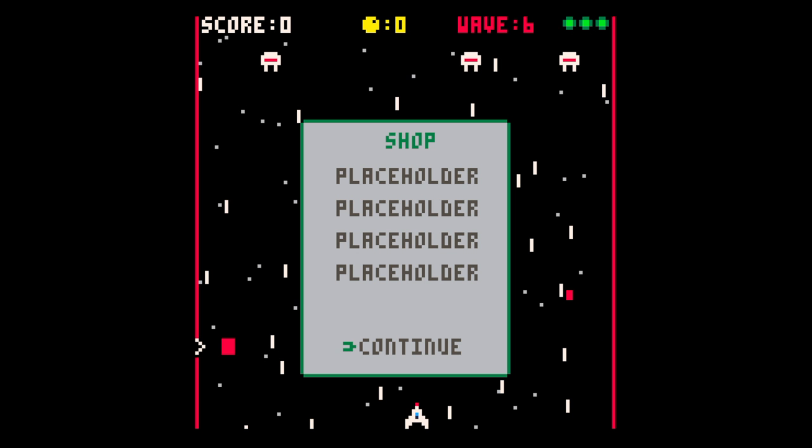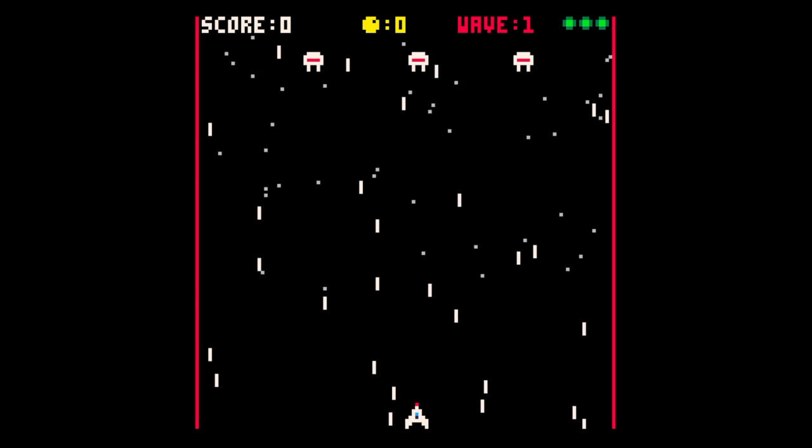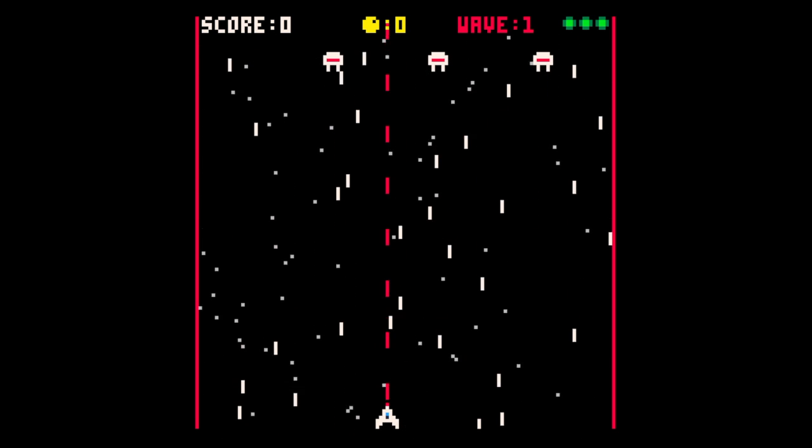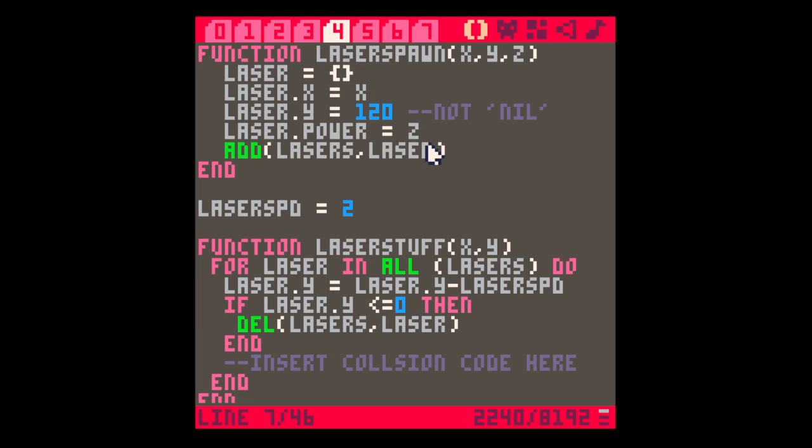If we start, I can show you that before I was only able to have 3 lasers on screen at once. Now I can have a lot more. Essentially, I was trying to limit the number of lasers that the player could have on screen at once. And I tried doing that a couple different ways, both by using the pairs function and some code I found online